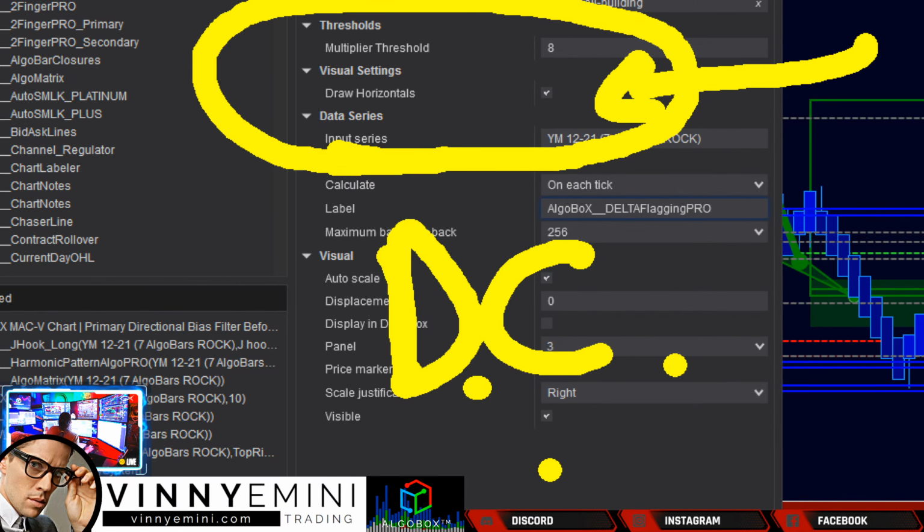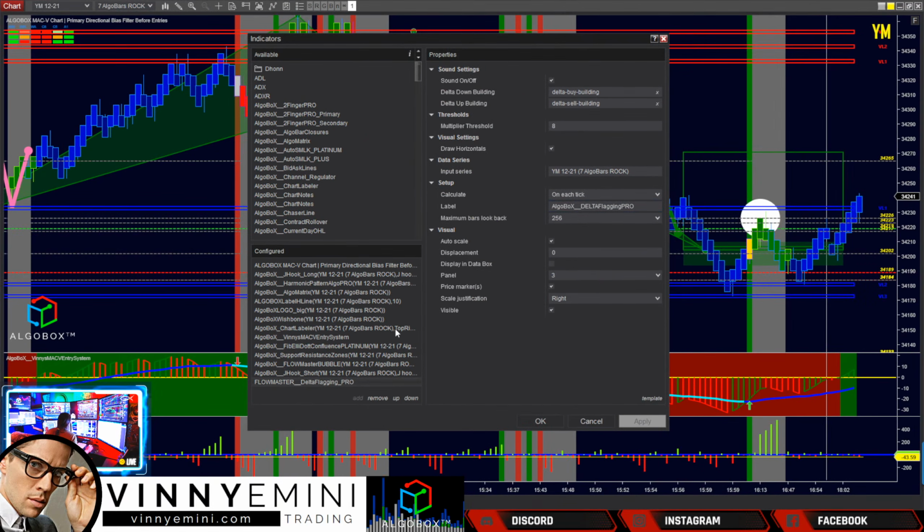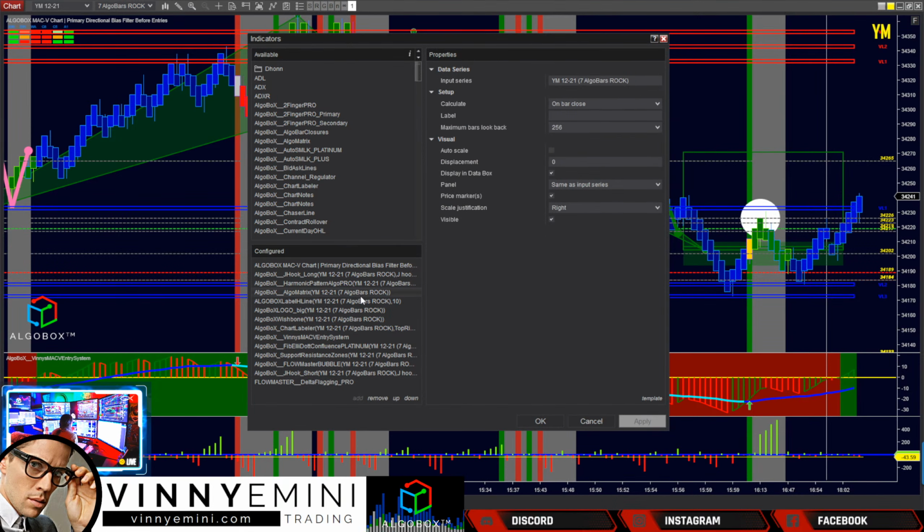These are going to kind of be faded. They almost look like they're gray, but they are actually semi-transparent white to represent that the white ones are coming from crosses because we also have a red and a green that comes from deltas, if you have the Delta system. Now, some people don't have the Delta because they don't have the full version of NinjaTrader Lifetime, but the Deltas also have this draw horizontal. And let me show that. Those are going to draw in red and green by default on their own,